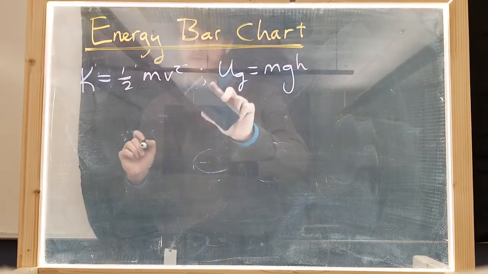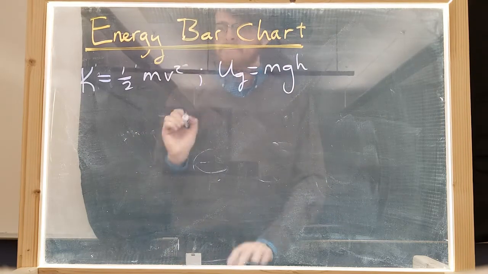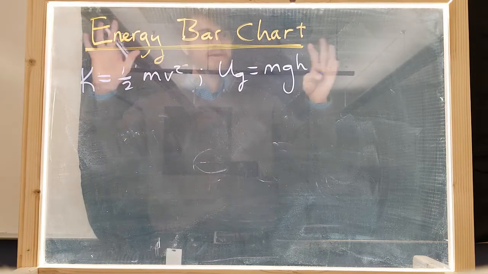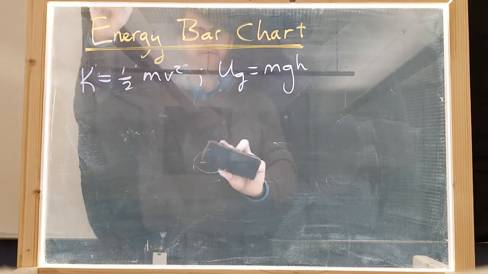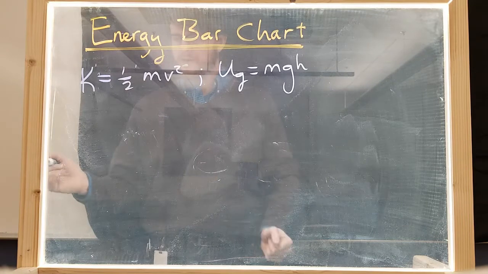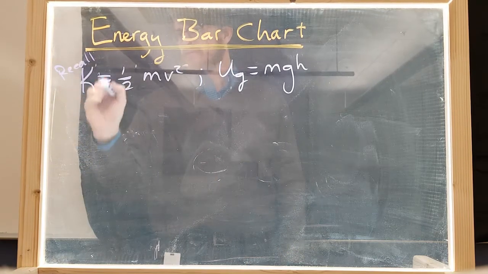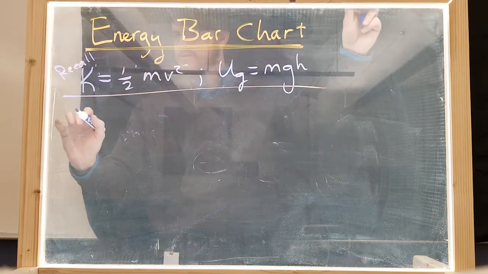There are lots of other types of energy. These are the two we have formulas for, but in the energy bar chart, we will often name other types of energy without necessarily having a formula for them. And I'll show you that example right now. So this is just recall, right? So example one,